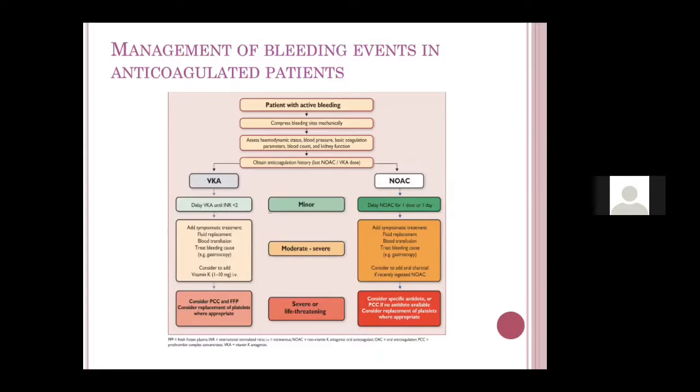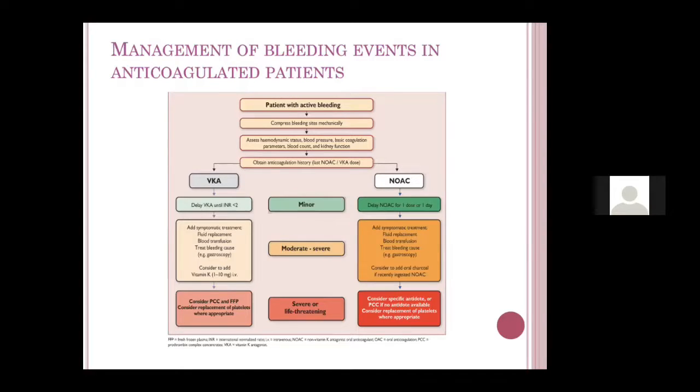If the bleeding is moderate to severe, usually if the INR is more than 4 and any bleeding is there, we should ideally replace it with FFP, that is fresh frozen plasma. But we should try to delay adding vitamin K, because once you give vitamin K, there will be a suppression in the formation of the clotting factors, and then it becomes very difficult to increase the INR again. So as much as possible, delay by giving FFP, which has a very short duration of action. So vitamin K should be given only in intractable cases of bleeding.